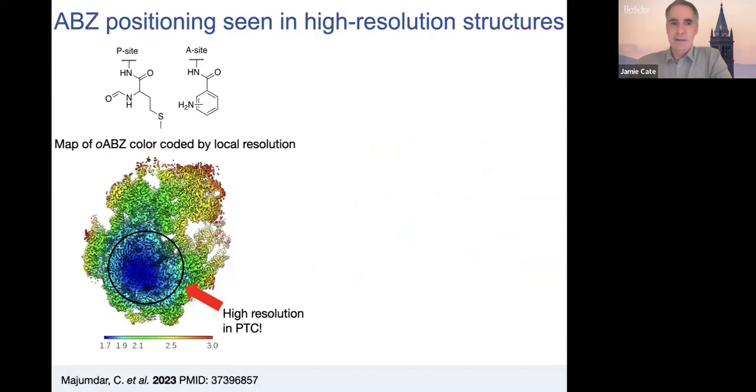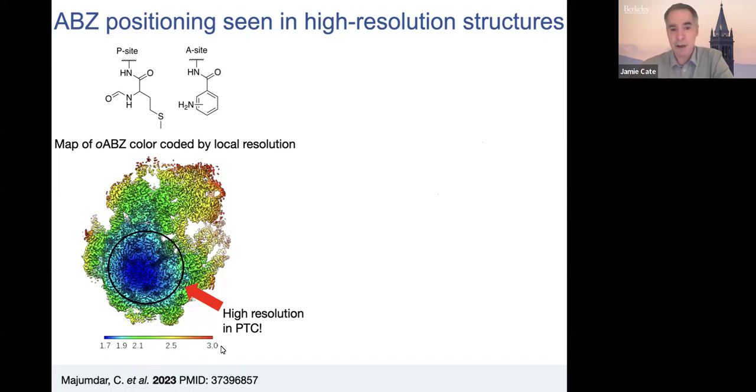So getting back to these aminobenzoic acid monomers that don't go into polymers very well when they're used by the ribosome, we were able to use cryo-EM to get structures with these substrates bound in the catalytic center. Those are the parts that we're most interested in, and they're right in this region here, which is where we have the highest resolution parts of our